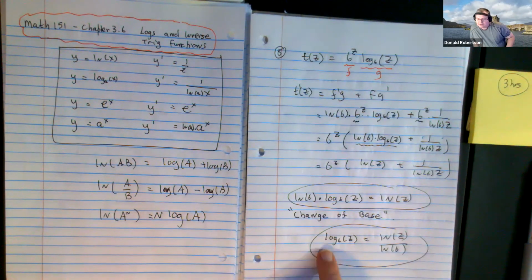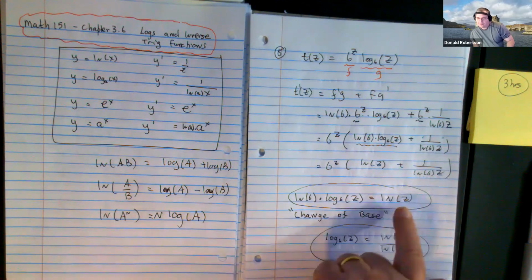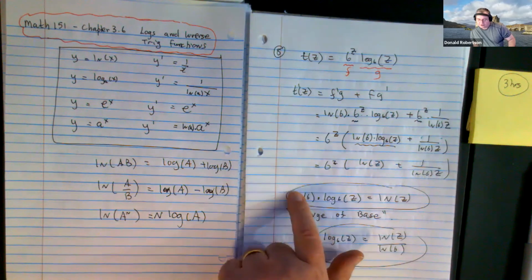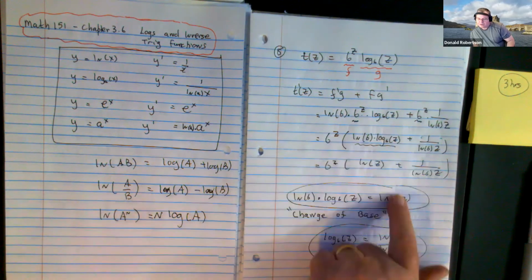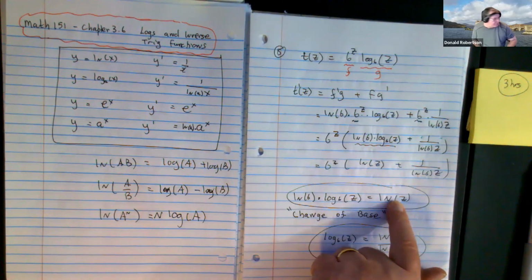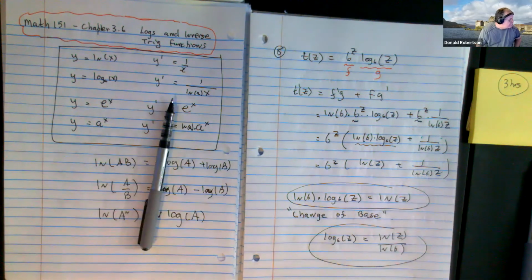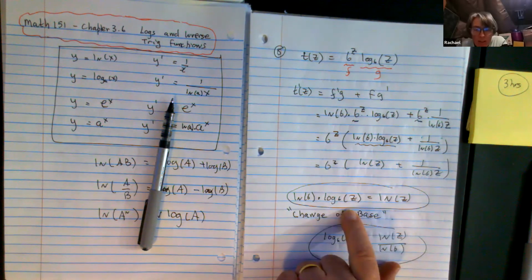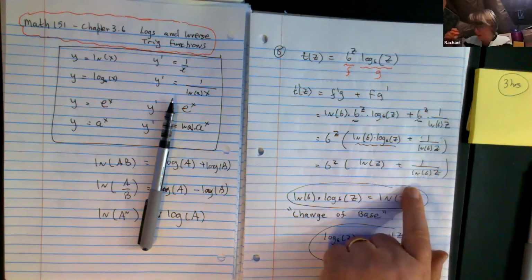So you're more likely to see it written like this than as that. But these are equivalent. And if you take this and write it as that, can you see that these two guys now get combined to that? What I'm going to try and do now, since we know this is the right answer, have you got yours? I would say put that in, because that was actually one of my answers: natural log of Z over natural log of 6